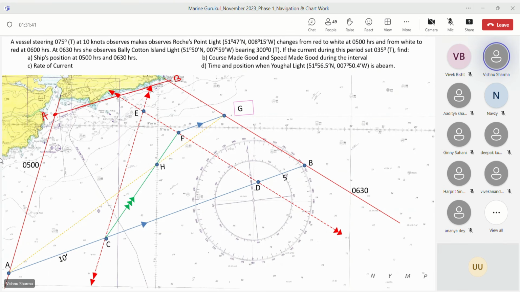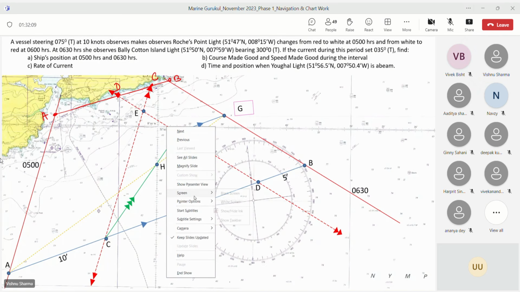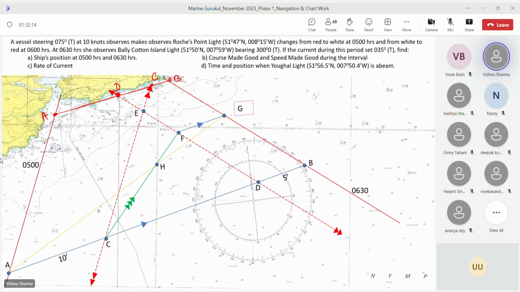He would get B here. He would get C here. And he would get D here. I'm sure this part you agree with me, right? Correct? Yes, sir. Okay. Now the problem that he's saying is this, that up to E is fine, he's got E. But now from C, if he's drawing 035, then 035 is never going to cut the third PL transferred. Yes or no?